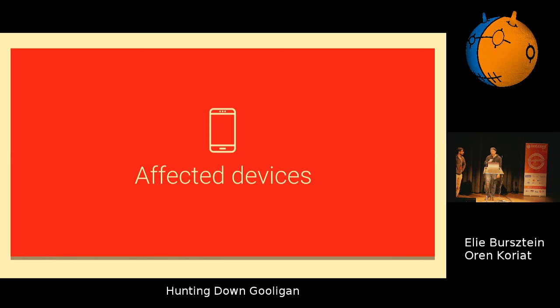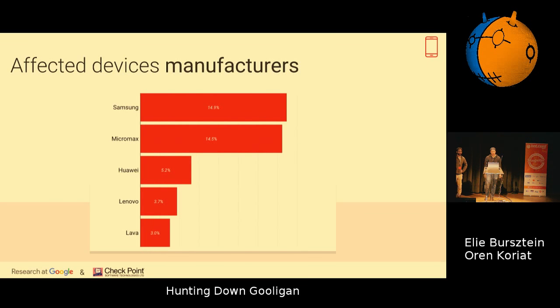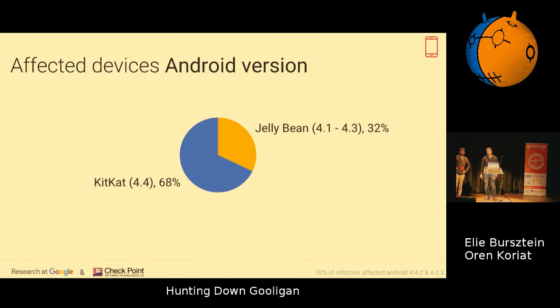In terms of affected devices, it's very standard in terms of phone makers. The only thing to point out for people who are not familiar with the Indian market, Micromax is a very popular phone maker both in India and in Asia. And so it's not surprising. So it's a very normal distribution you would expect in an emerging country. And as we said, the exploit kit only worked for Android 3 and 4. So we only saw Android versions which were KitKat and Jelly Bean. They make up everything. We did find extra devices, as we said, which were like 5 and above, thanks to the telemetry, but they were not infected by Gooligan itself.